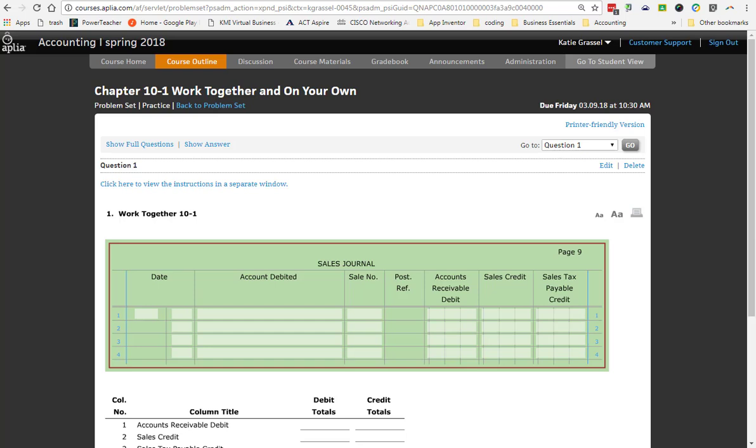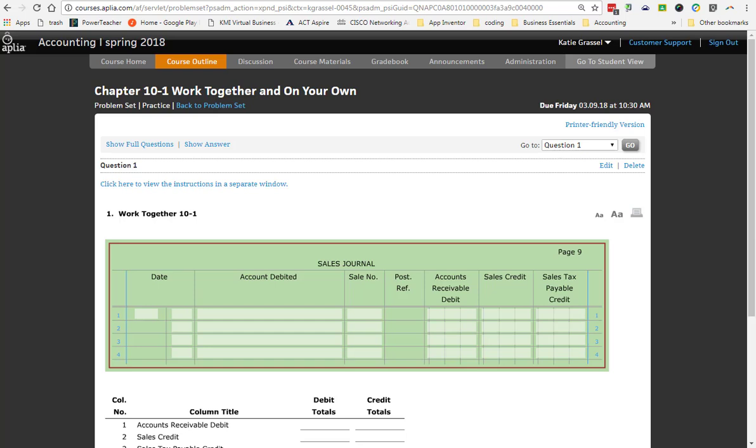Did they pay us right away? No. We gave them a bill, and they will pay us later, right? So that is a customer that bought on account. So instead of going in our journal and doing accounts receivable, Seymour Middle School, and affecting our other account, we are going to put it in this journal. So this gives us a snapshot of all of our customers who buy from us that are paying us at